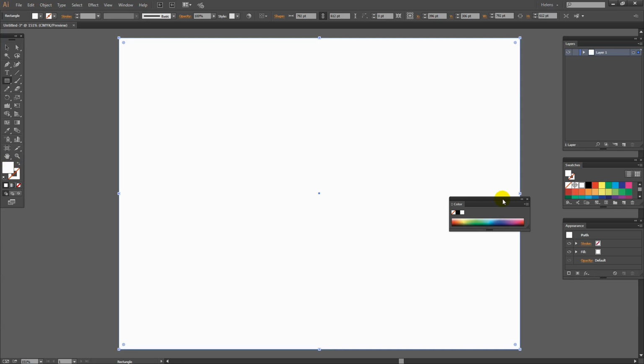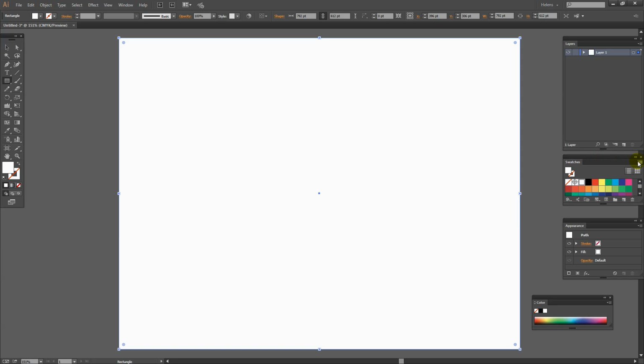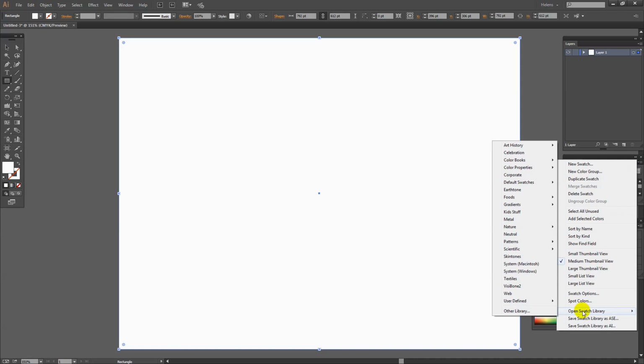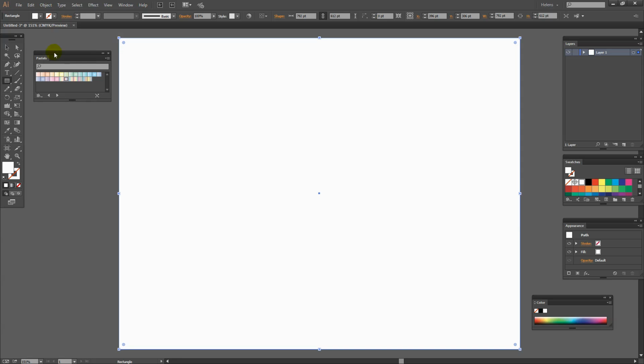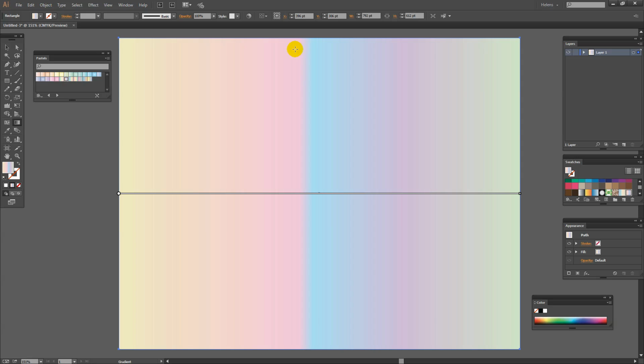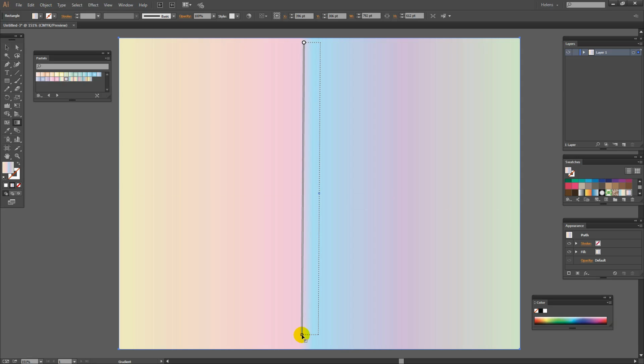I'm going into the fill and I'm going to open up my pastel gradients. Now if I just click here, I can go to Open Swatch Library. I'm going to Gradients and then I want my pastels. These are shipped with Illustrator. It just makes it a little bit easier to create your initial gradient. So I'm just going to select one of these pastel style gradients, and I think I'm actually going to choose this one, and then I'm going to make sure that it's running down the rectangle with the blue near the